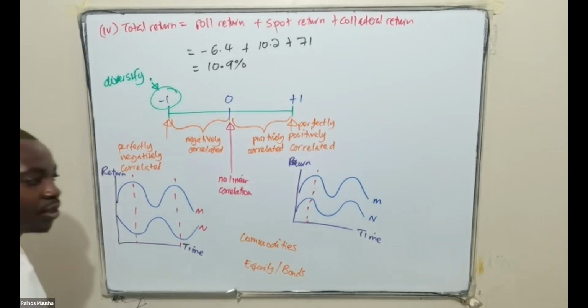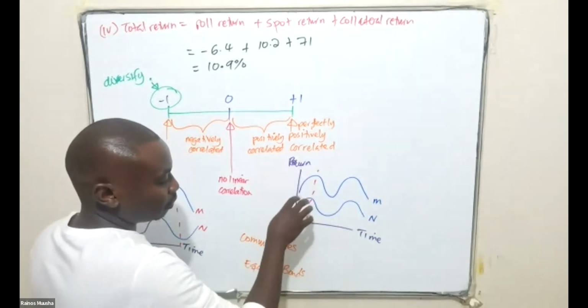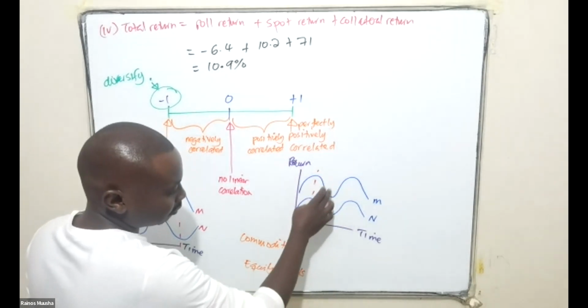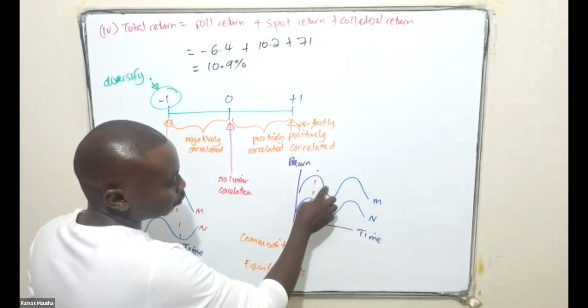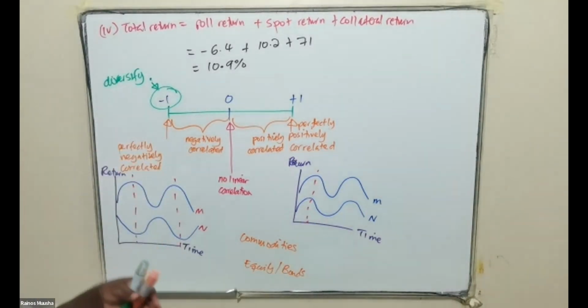So here, you are not diversifying your risk, because if things go south, your portfolio is also going to be negatively affected from your investment in N and also from your investment in M as well. So our aim is to try to find ourselves somewhere in between there, so that we are not overexposing ourselves to risk by concentrating on portfolios or assets which are affected by the same variables.